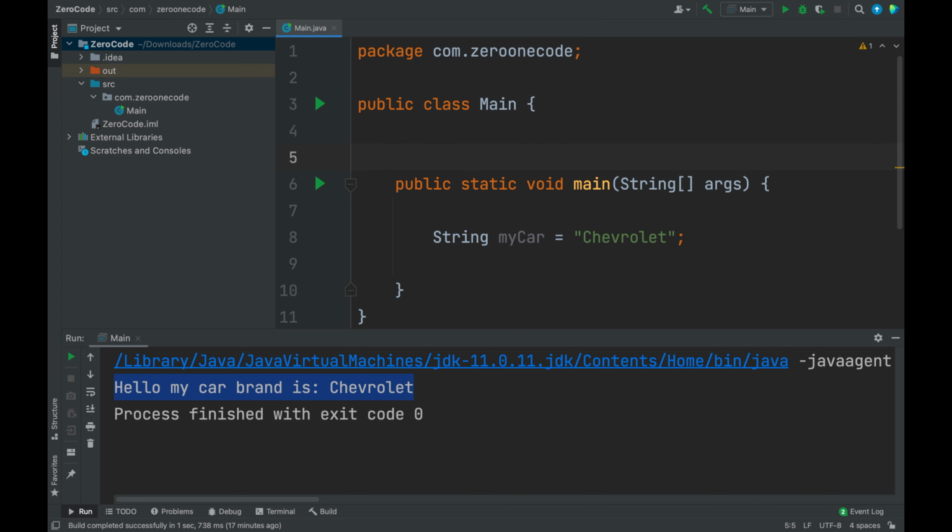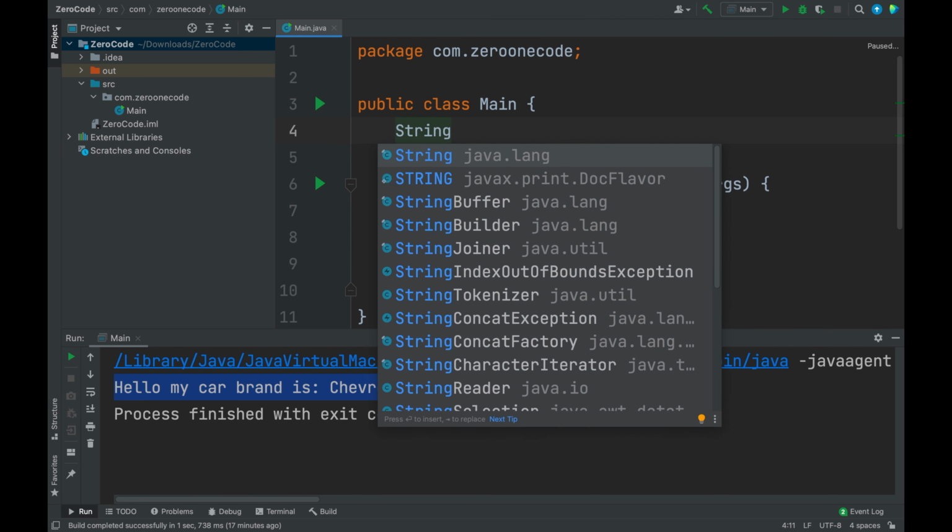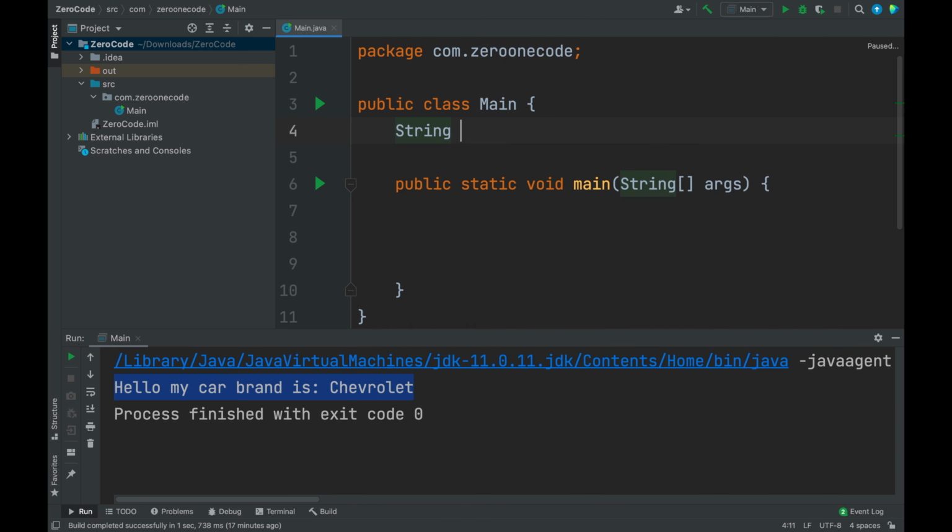For example, let's start by declaring a property. The declaration of a property in Java, first you have to declare the property type or the variable type. Let's use string. So here I'm saying I need to declare a string variable, and here you should give it a name. I need to give it a name. Let's use my car brand,